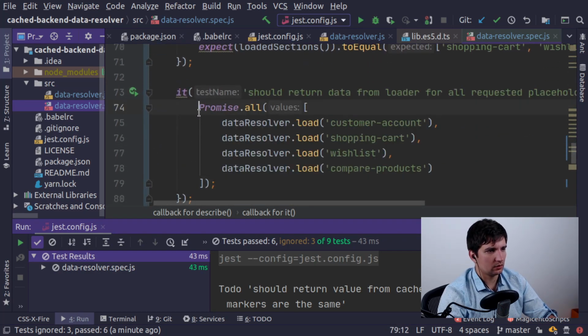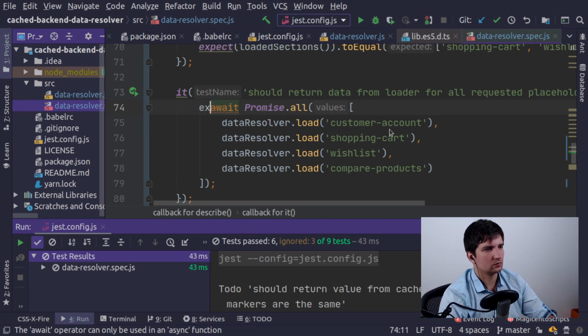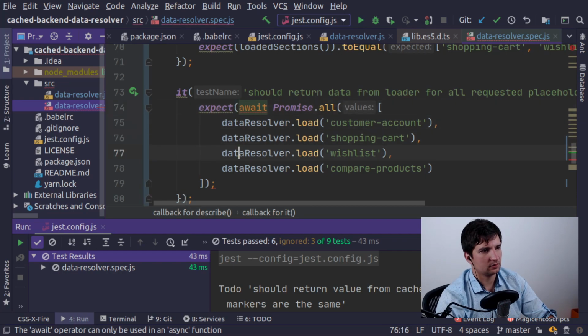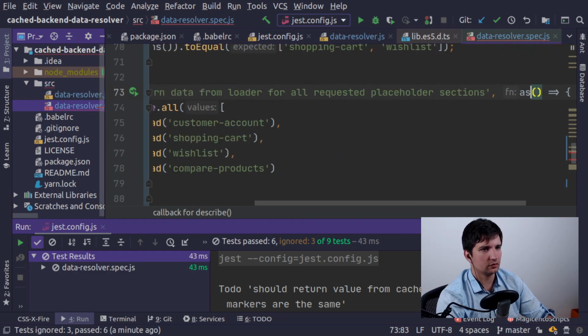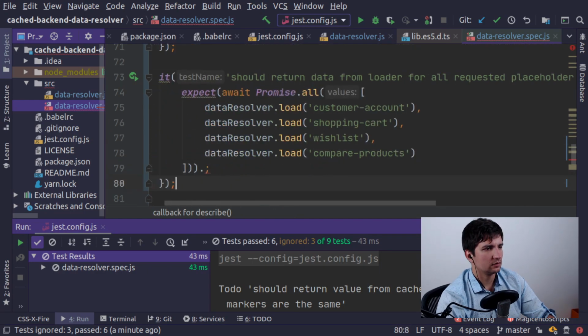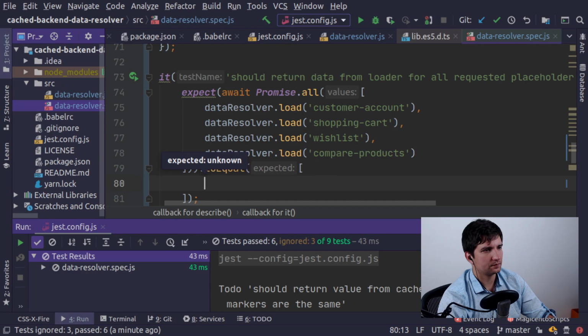So now we can do another thing. We can expect that awaiting this operation, yeah, I need to put async in front here, should equal to